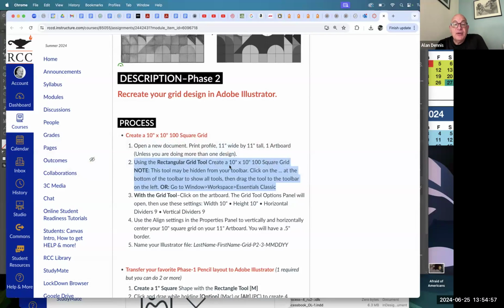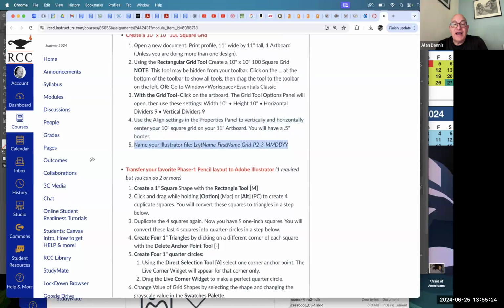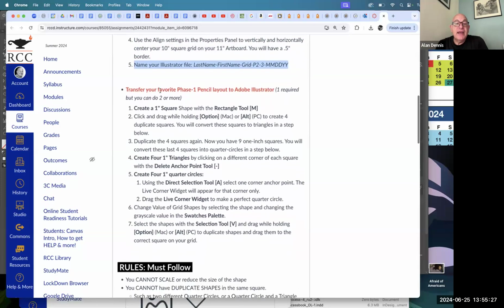So that was number 2. I created a document, number 1. Number 2, I got the grid tool. Number 3, I created the grid. Number 4, I used the align tool. Number 5, I would name my file. And then I would transfer my favorite phase 1 pencil from Illustrator